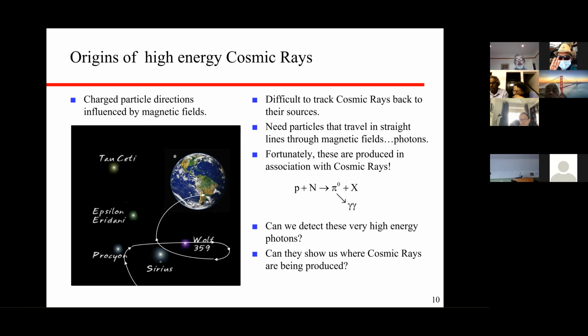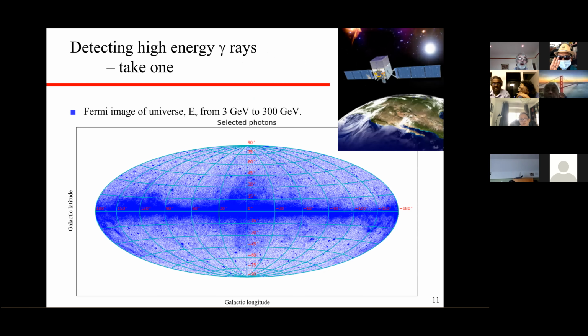So the first way we can try and do this is to use a satellite outside the Earth's atmosphere. Now, we have to do this because when these gamma rays enter the atmosphere, they interact, so they can't be detected directly on the surface of the Earth. If you want to detect them directly, you have to do it outside the atmosphere, so you have to use a satellite. Fortunately, there is one that's been operating for something like 10 years now called the Fermi satellite, and